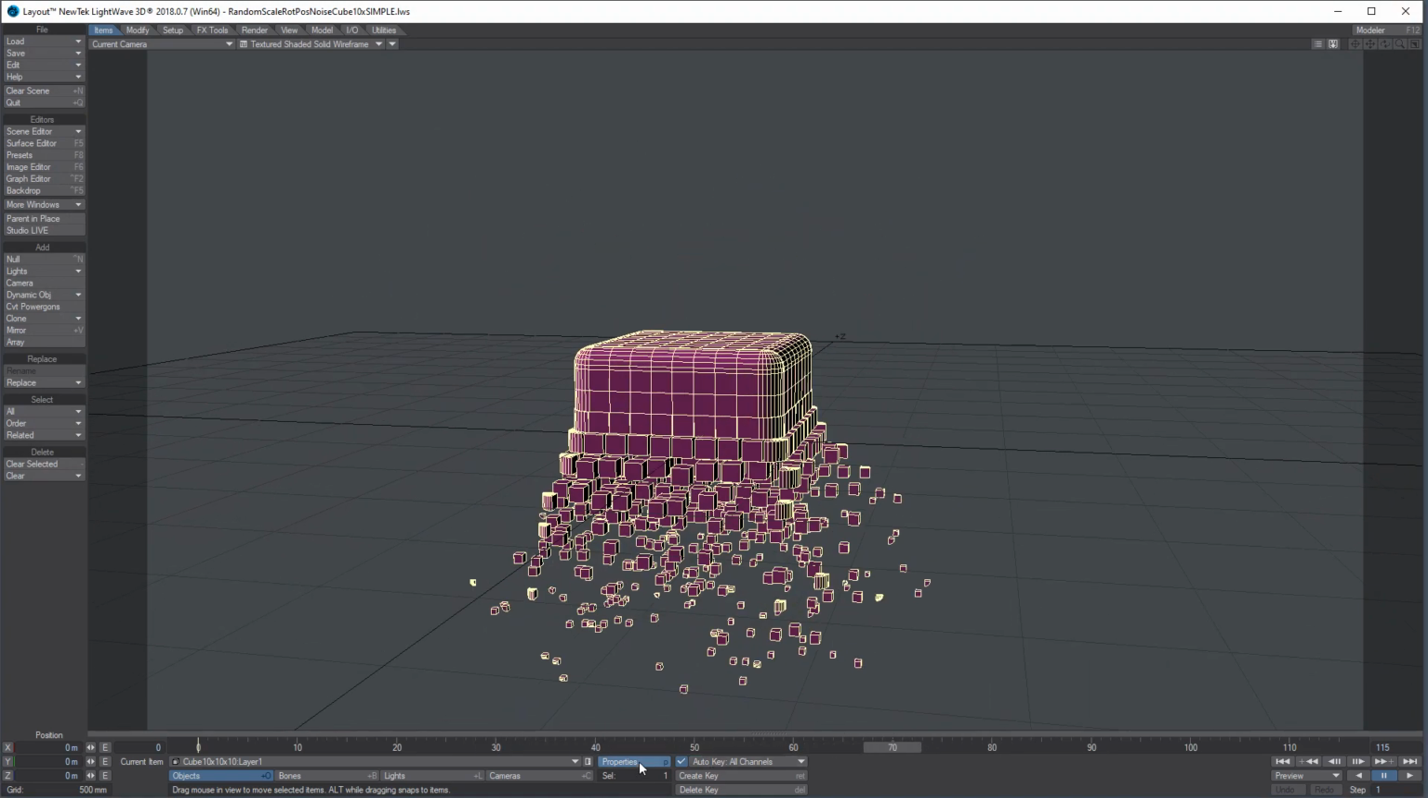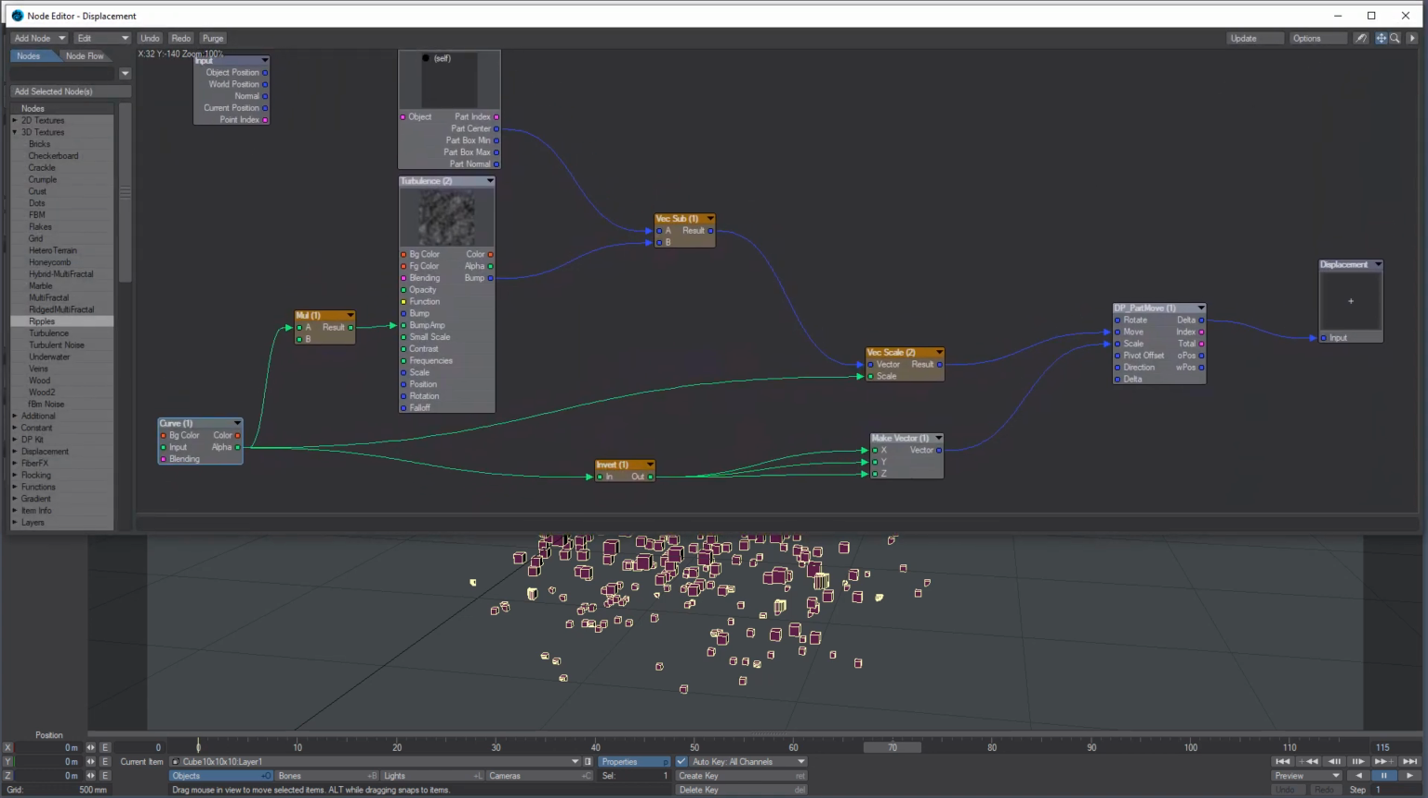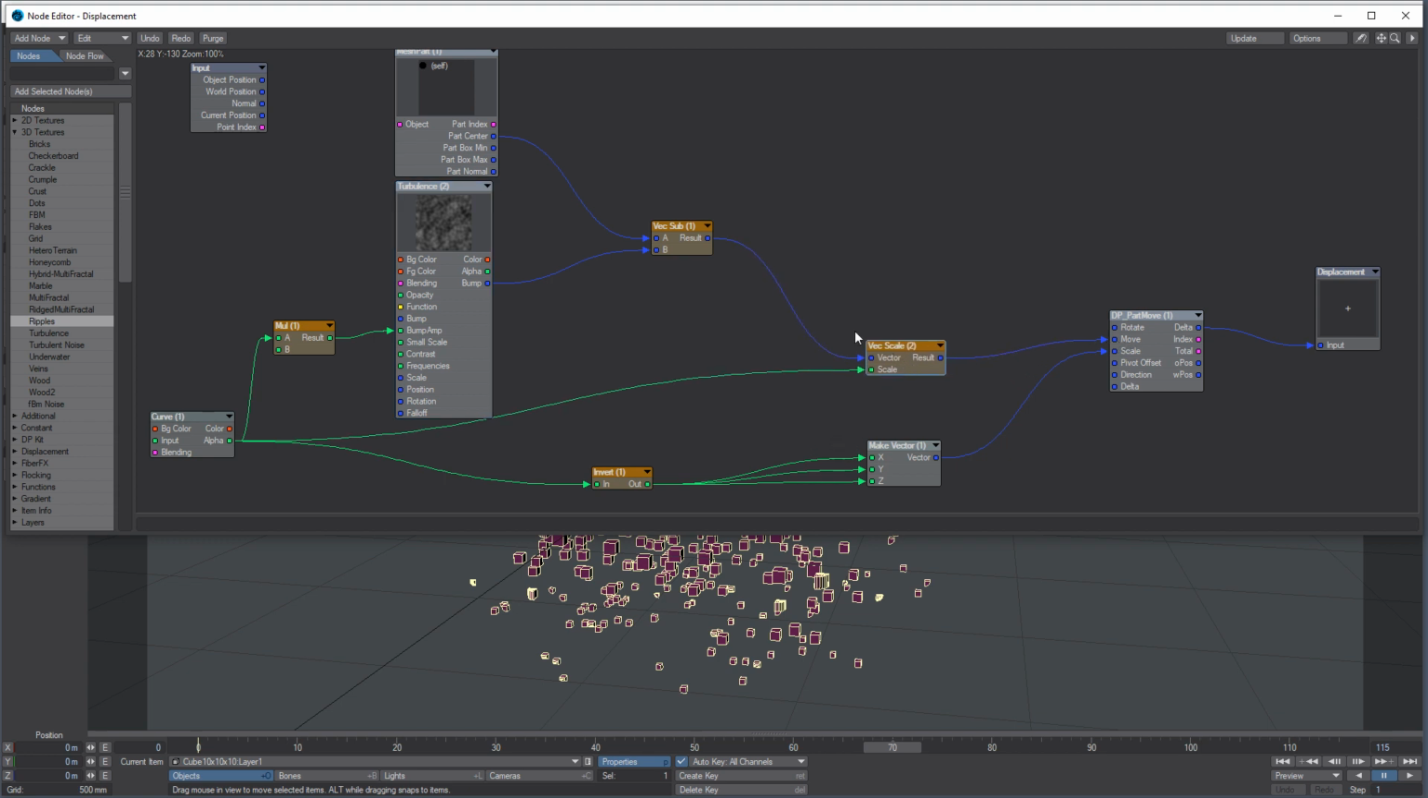In earlier tutorials, I have shown you a different approach using a null object, and with a few nodes you can set up a custom radial falloff system, but I leave that for you to do. This time we are going with this simple gradient curve wipe. The position of the pieces are affected by turbulent noise,